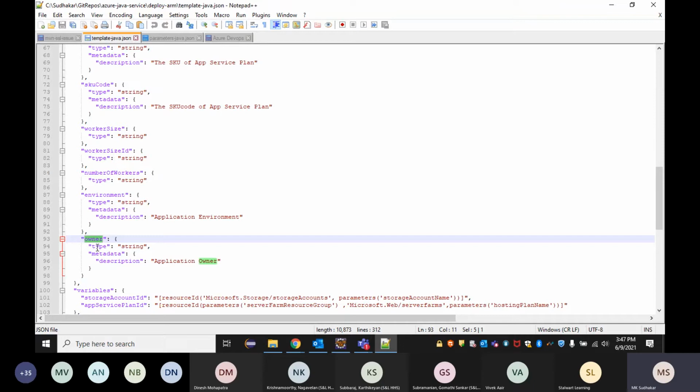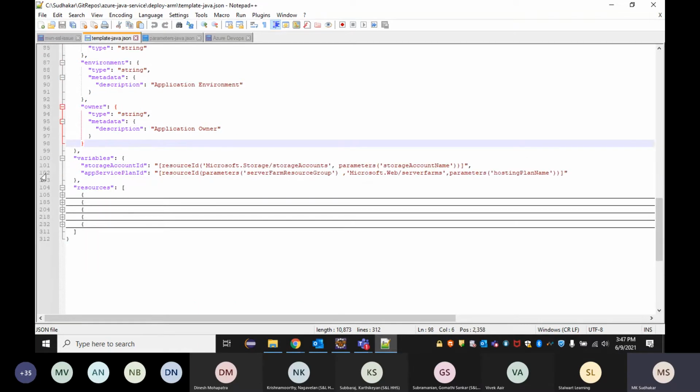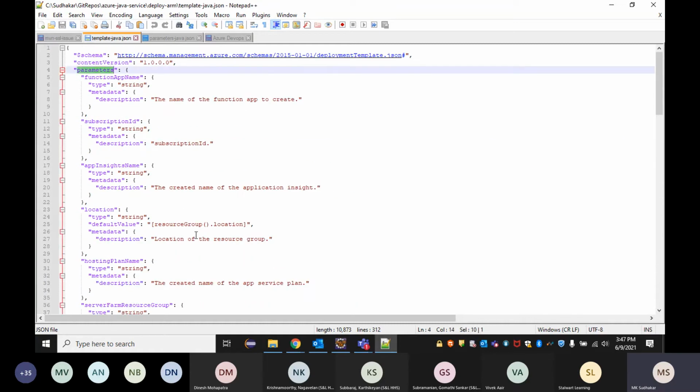So we can showcase that this is the product owner of this deployment, so that when some issue happens, they can revert directly to that owner. Right. For that reason, we require this parameter to be created. It's up to you, but it is one of the best practices to be followed. Right. So now I have created the parameters here.